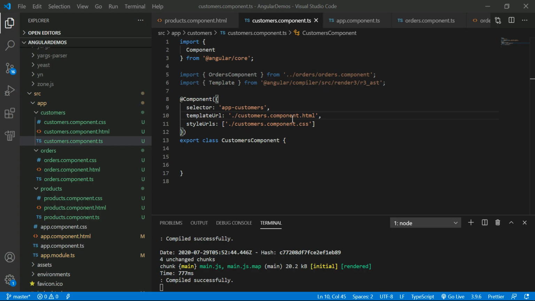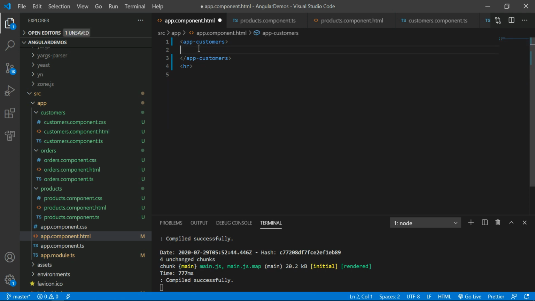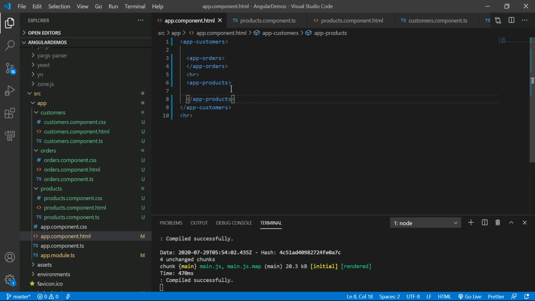So how do I use that? Go to the app.component.html. Right now you are seeing these different components. You just have to copy this and paste it here. Once this is completed, see the output.